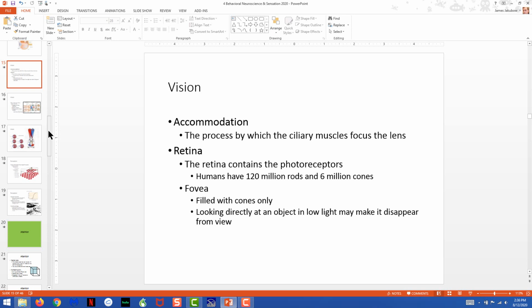And of course, they're not doing it consciously either. It's that as the muscles operate, they will see either clearer or less clear. And then just naturally through the process of feedback, their muscles will begin to control the accommodation process properly so that the child can see most clearly.